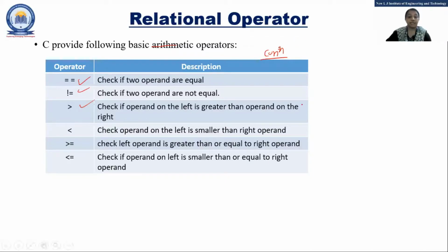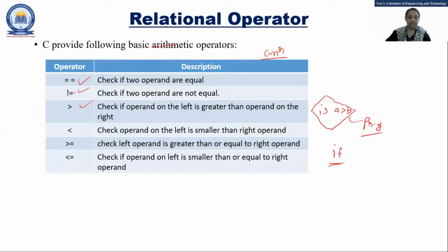To find the greatest number from two, what we are doing is checking a greater than b, and writing it in a diamond shape. Now if you need to implement it in programming, how is it possible? Using this relational operator. Normally these operators are used with the if statement that you will learn shortly.